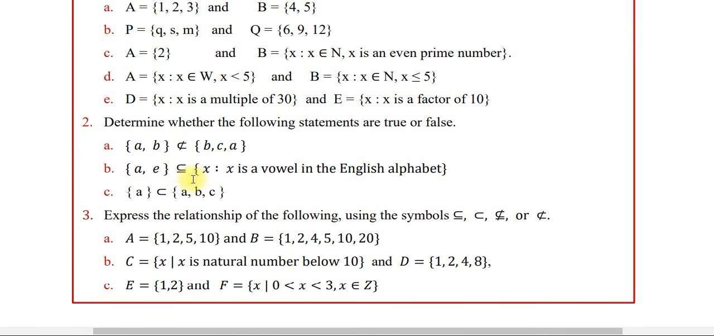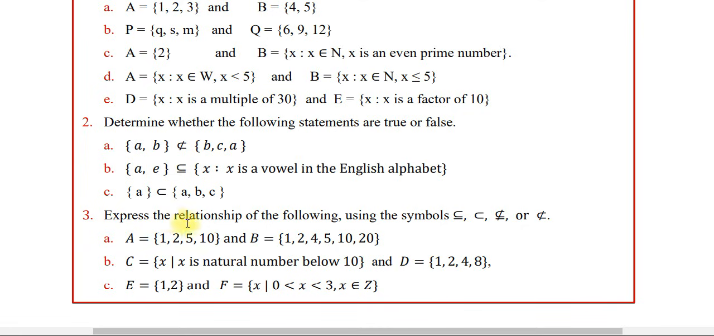ኦኬ ኤ ኢ ኢዝ ኤ ሳብሴት ኦፍ ኤክስ ኢዝ ዛት ኤክስ ኢዝ ኤ ቫውል ሌተር ኢን እንግሊሽ አልፋቤት። ትሩ ነው። አምስት ቫውል እንግሊሽ አልፋቤት አሉ። ኤ ኢ አይ ኦ ዩ። ስለዚህ ከነዛ መካከል ኤ ኢ የነዚህ ስብስብ ነች ማለት ነው። ኦኬ ሲ ደግሞ ኤ ኢዝ ኤ ፕሮፐር ሳብሴት ኦፍ ኤ ቢ ሲ which is also true። ምክንያቱም ይሄ የዚህ ስብስብ ነው፣ ሳብሴት ነው። የነ ግን እኩል አይደሉም። ስለዚህ ፕሮፐር ሳብሴት ነው እንላለን ማለት ነው። ኦኬ